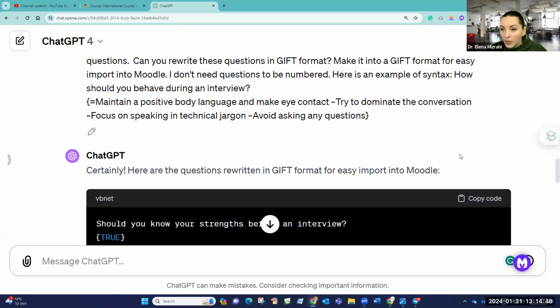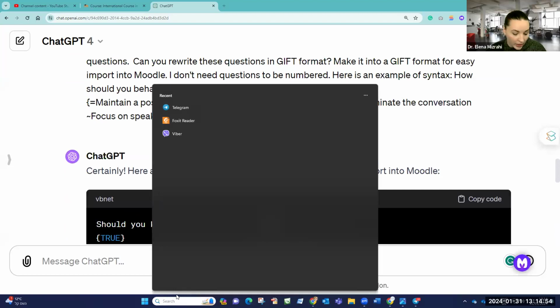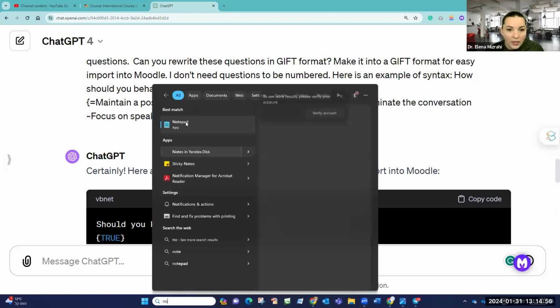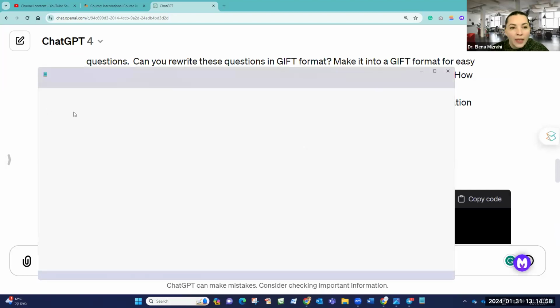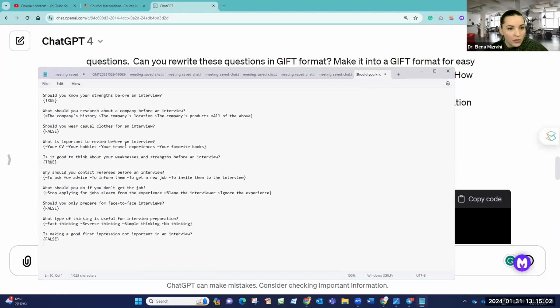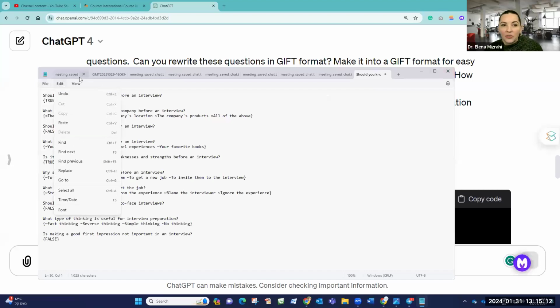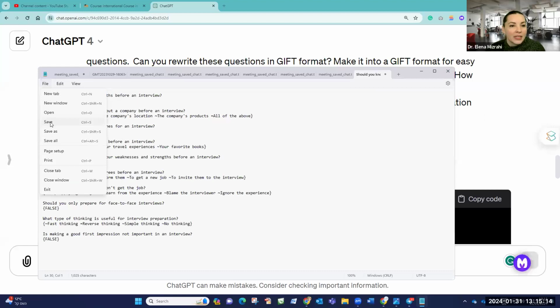You can just go up here, click on copy. I'm showing you, maybe I'm faster than ChatGPT. Go into Notes, because this is the app that I need, Notepad. I need to insert this code and save this file. I'm doing it quick, but you will get a recording and you can slow down. So what I did, I copied the code, inserted it into the Notepad, now I'm saving it